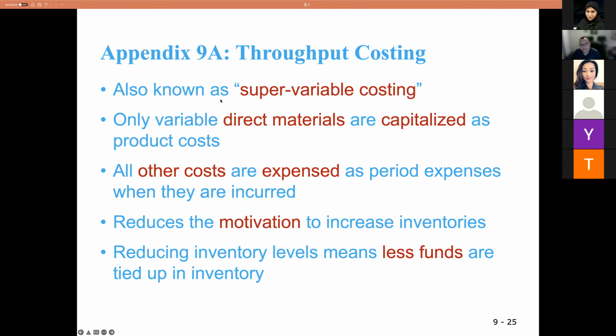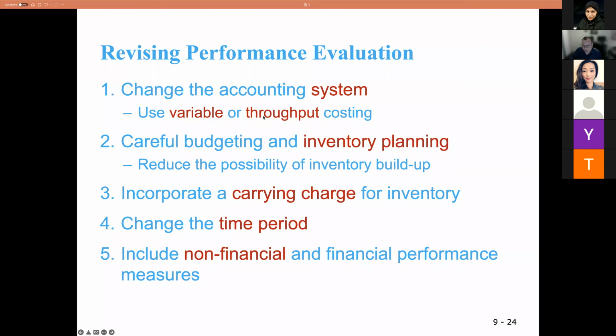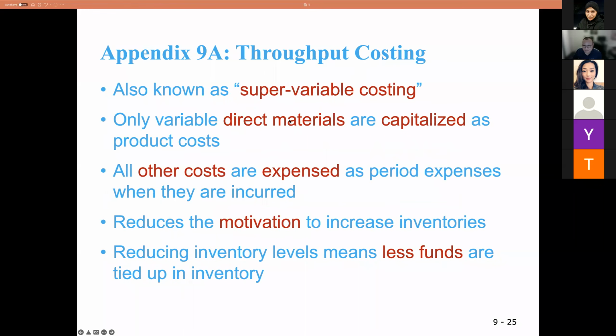For Appendix 9A, I don't want to talk too much about it. It's an interesting costing, right? In addition to the